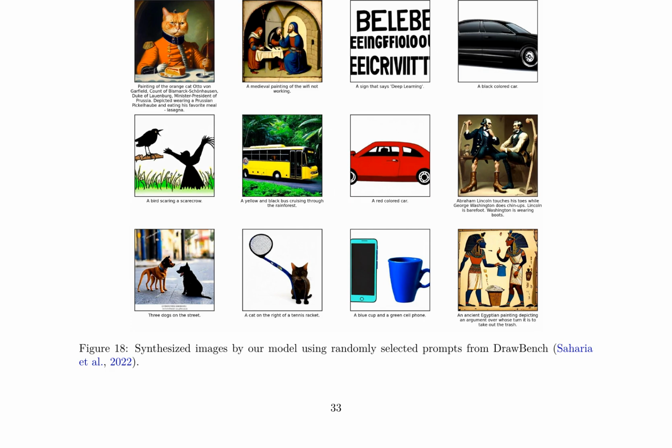These images showcase a wide range of objects and scenes, such as animals, vehicles, and landscapes, demonstrating the model's ability to capture diverse concepts and translate them into visual representations. Similarly, Figure 19 displays images synthesized from GenEval prompts. This dataset includes more complex and abstract concepts, which the model successfully translates into coherent and visually appealing images. The generated images exhibit high fidelity and realism, indicating the effectiveness of the proposed approach in bridging the gap between